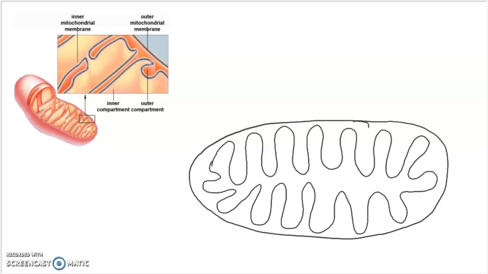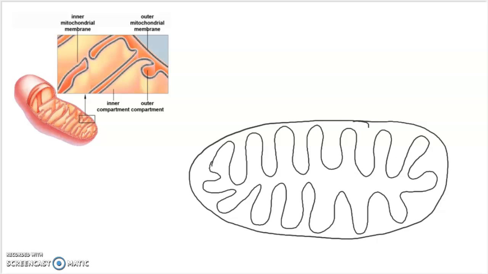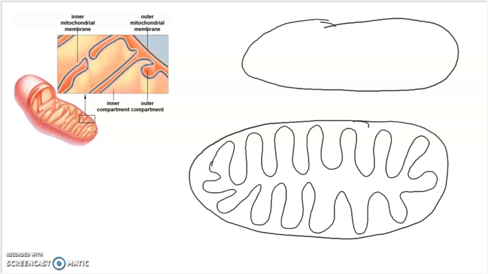The next part of this assignment involves drawing a mitochondrion. One of the mistakes that students often make with a mitochondrion is they'll draw the outer membrane, and then for the inner membrane they just draw a line like this. You want to be very careful that you don't do it like that. You want to make sure that you draw it the way that is shown below,